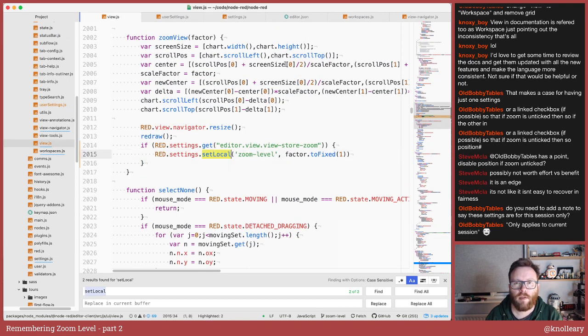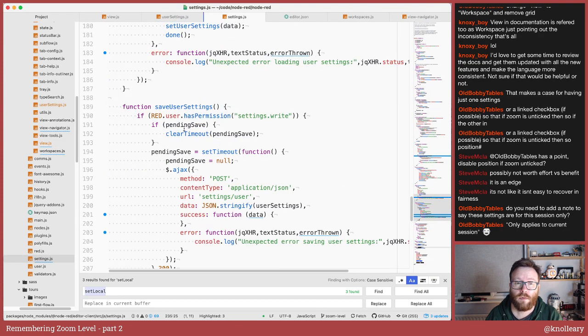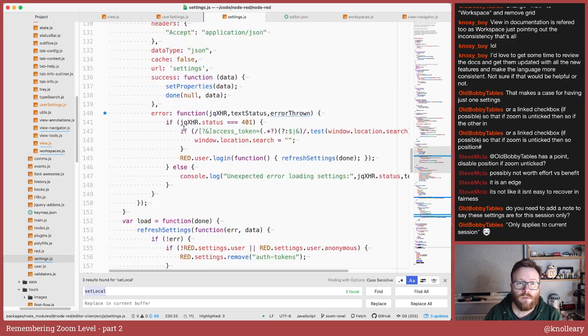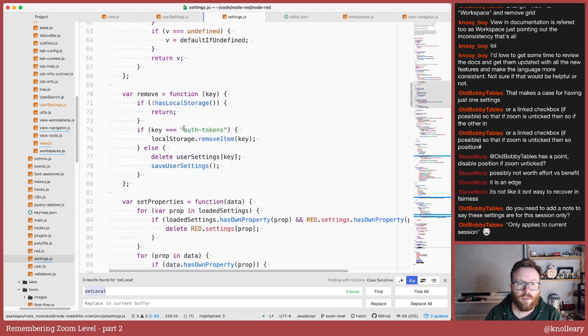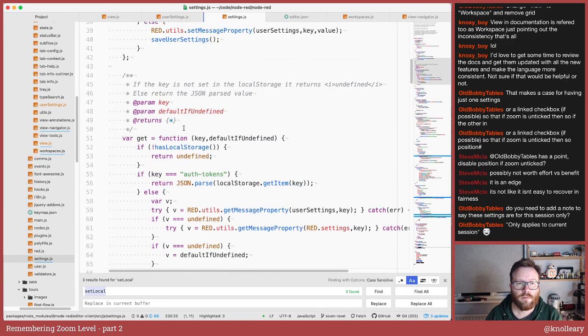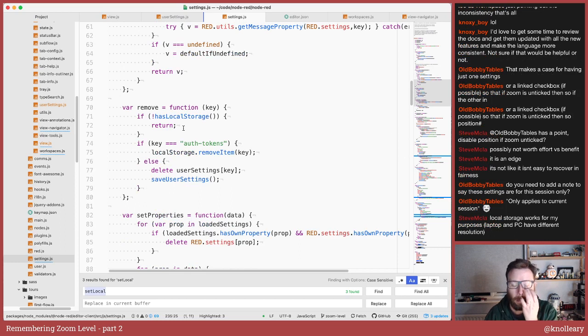So rather than set local, we call one of these, get. And then Steve makes the very valiant point that if you're logged in from two machines with different resolutions, then you want the zoom level to be remembered on that browser.